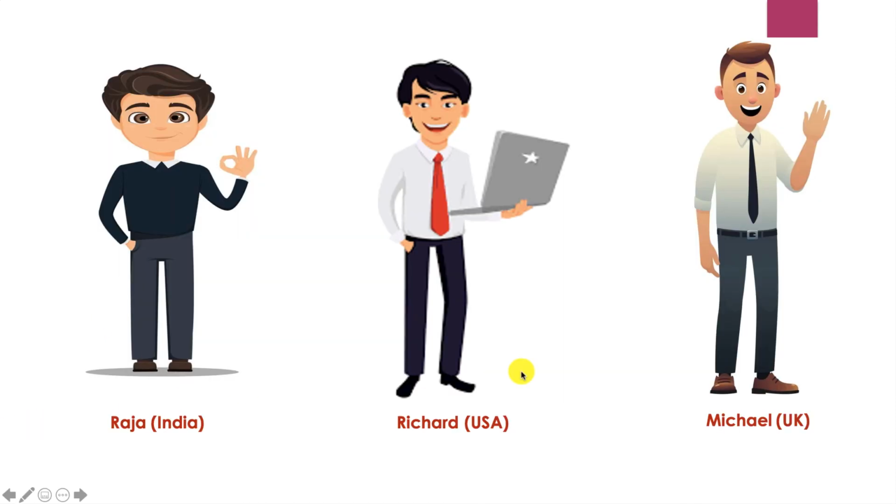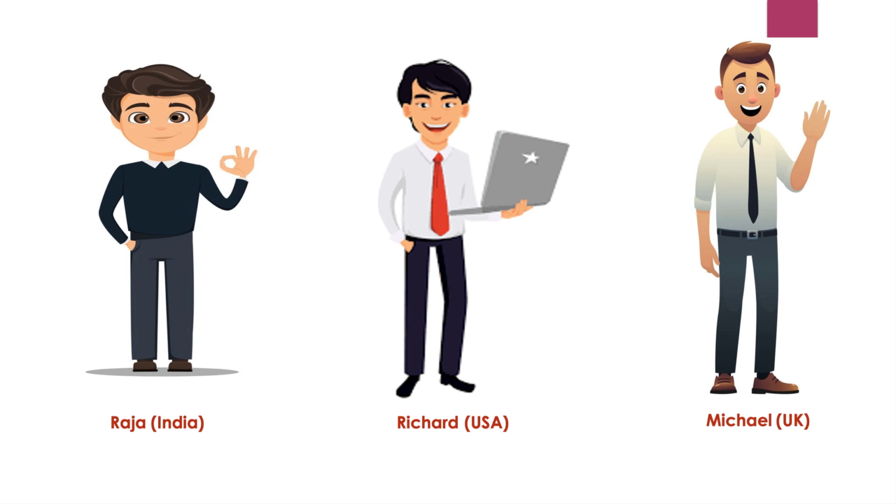Let's say Raja, Richard and Michael are working together in the same city. Now the problem is Raja is not going to achieve this month's target. The remaining 2 people achieved their targets. In that situation, Raja requested the other 2 people, guys, could you share any potential leads with me to achieve my target this month? Then Richard manually shared one of the potential leads with Raja. Here there is no requirement, no criteria. It's up to Richard which record he wants to share with Raja.